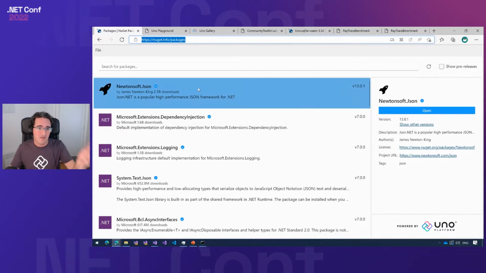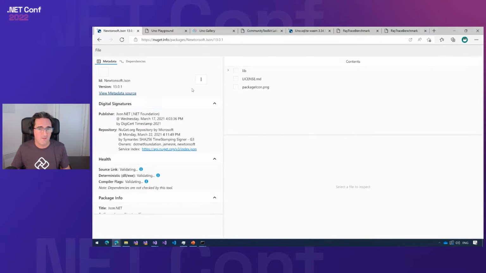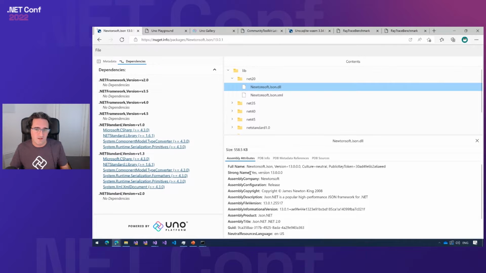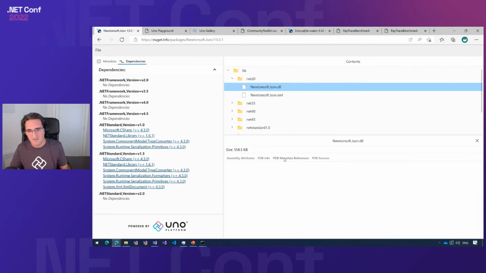And basically, it's like NuGet, the Newtonsoft JSON package, and you can open that, see the publishers and links and dependencies. You can even get to DLLs and see what's inside, like assembly, PDB info, metadata references, and all